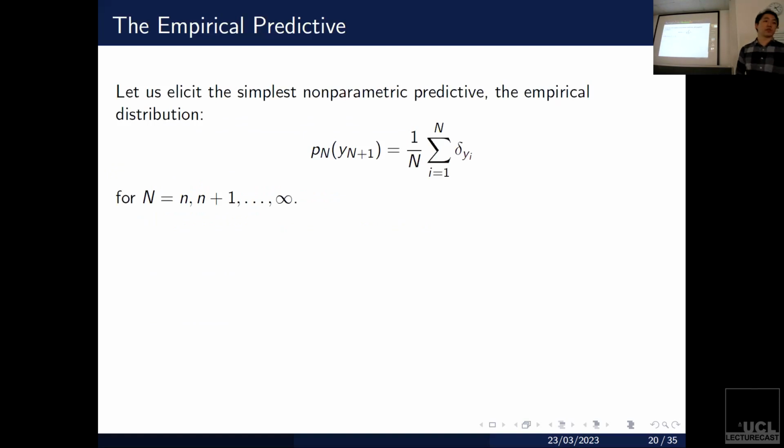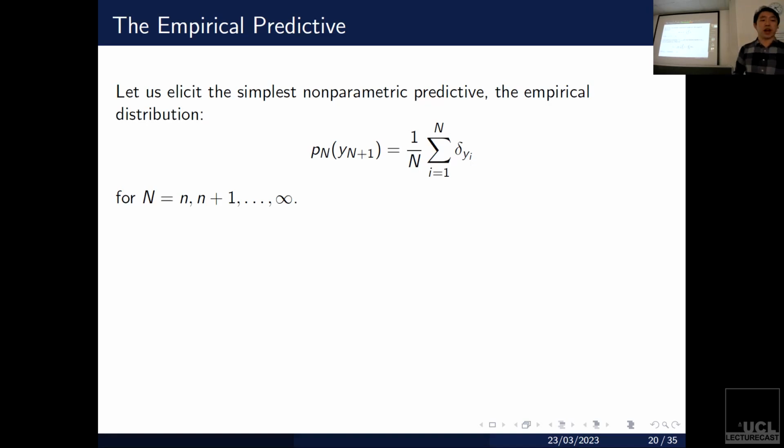So the empirical predictive is super straightforward. It's the archetypical non-parametric predictive. The idea here is that if we've seen data points y_1 to capital N, we're going to expect our new data point y_{n+1} to be essentially the empirical distribution of the data we've seen. We're going to give each of the data points mass 1 over capital N, and that's our predictive, full stop. And we're going to be defining this for the entire sequence, but again, it doesn't really matter because every time you see a new data point, you're just going to treat it as a real data point and then look at the empirical distribution over those.